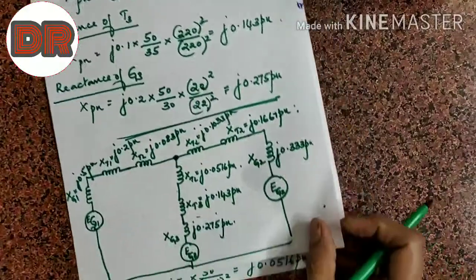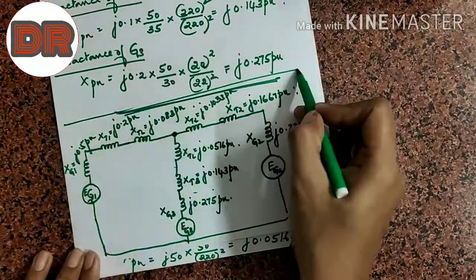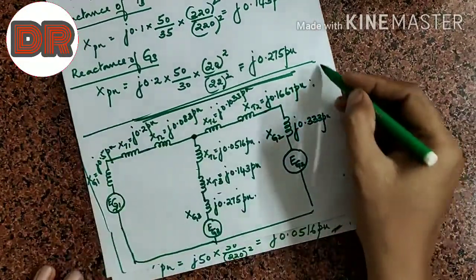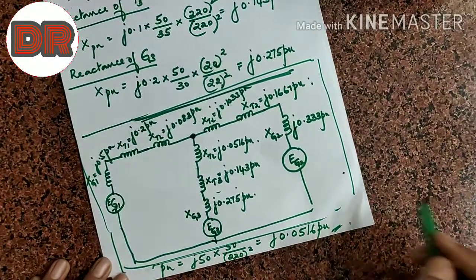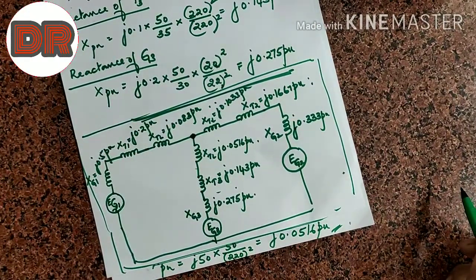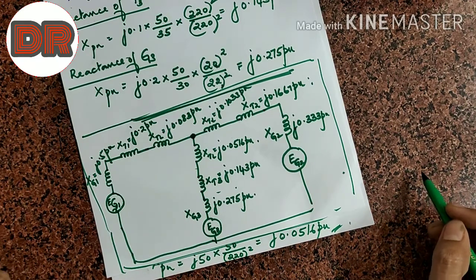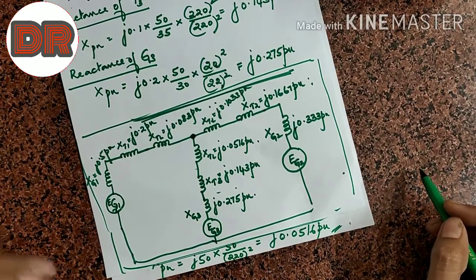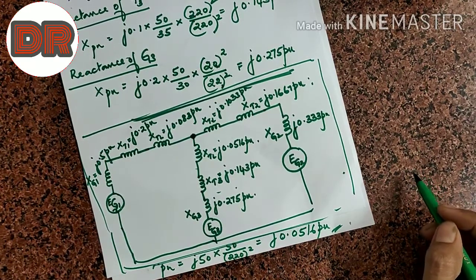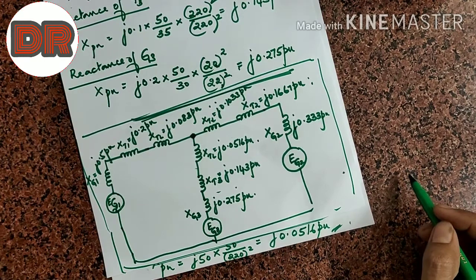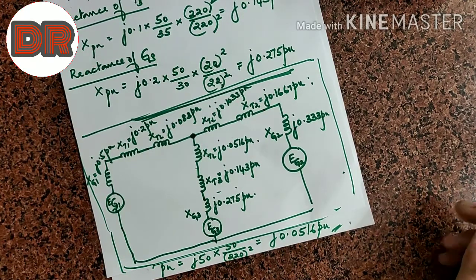So I hope it is clear. So this is the reactance diagram. So that is what is asked in the question, the reactance diagram. I said initially itself the calculation is easier. It's simple actually, but there are some important points to be remembered. You remember that and you be careful when you are calculating the reactance values. So it will be very, very easy.